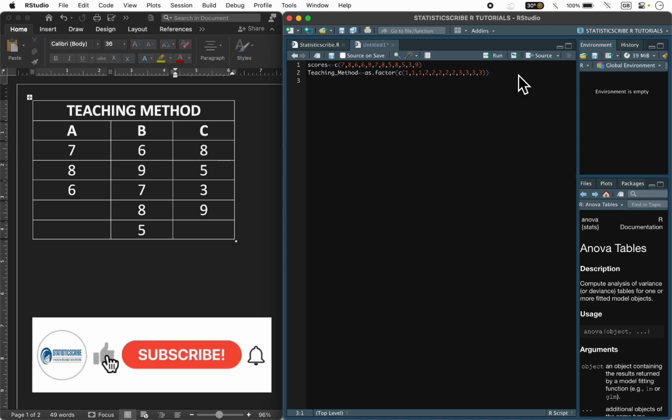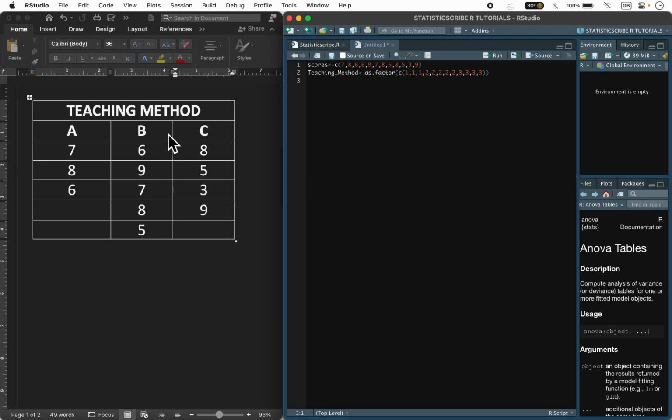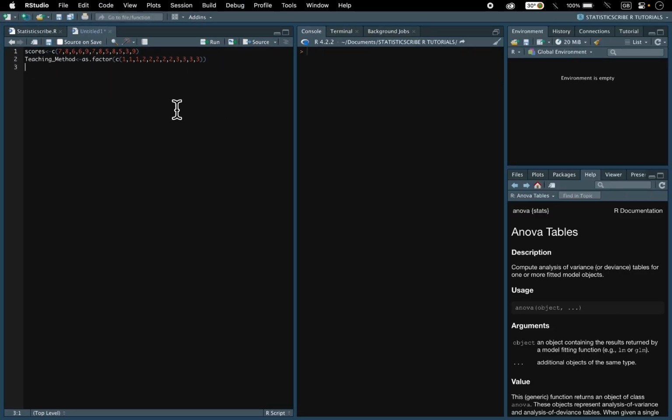Now, since I've entered the data, permit me to maximize my window here. I only split the screen so you can see the data I'm working on, okay? So I'm maximizing it now. Here I have this. So we have different ways of running the analysis at this point. I can use the AOV function, and also I can use the LM function alongside the Anova function. So beginning with the AOV function, since I have teaching method,